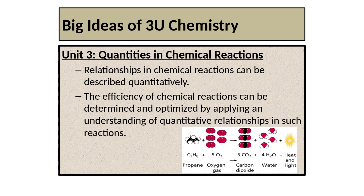Unit 3 is my favorite unit because it is talking about the mathematical side of chemical reactions. So we're going to be looking at reactions like this. This is a combustion reaction right here. And now these coefficients that we place in front of our reactants or products, even if there is no coefficient, we know that there's a coefficient of 1. They're going to be instrumental in helping us predict the amounts of reactants we need,